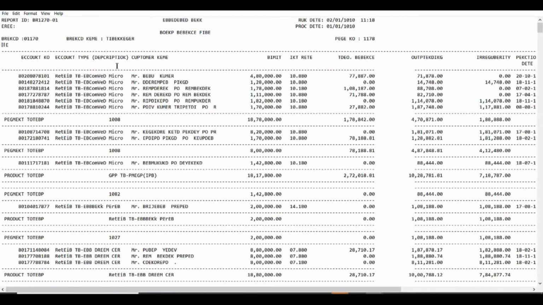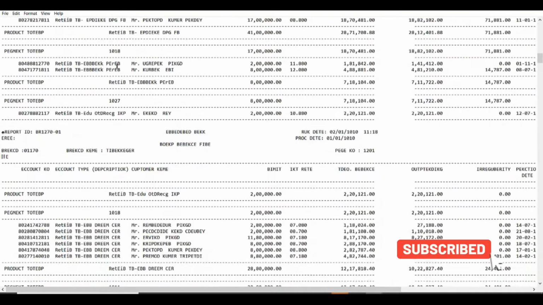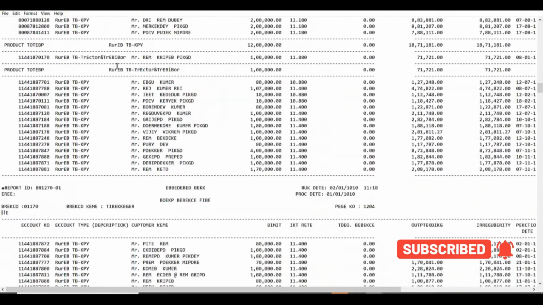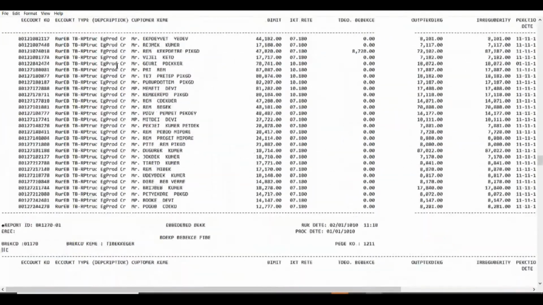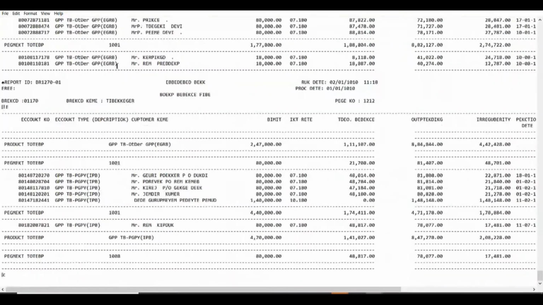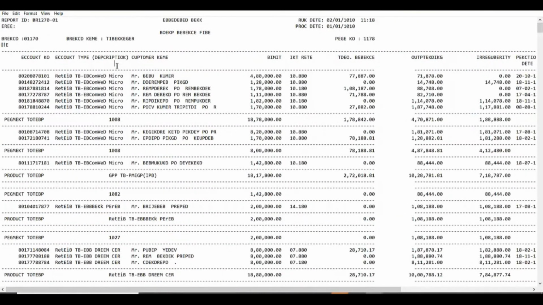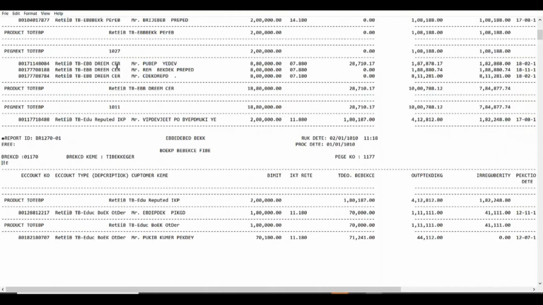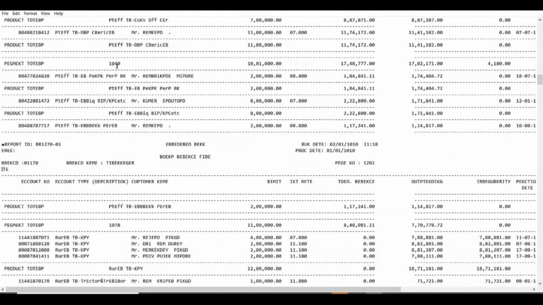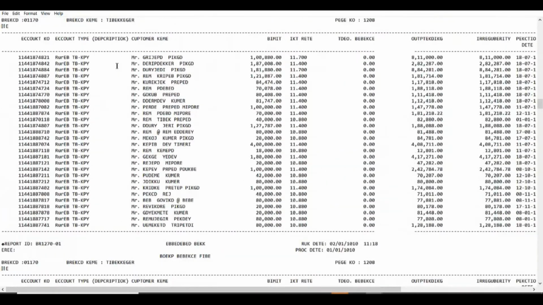But trust me, once this data is converted into Excel, it will be a matter of seconds to get your answers. And converting this into Excel is easier than you think. So, without wasting any more time, let's start converting this data into Excel. First, we have to import data in Excel. There are two ways to do this.